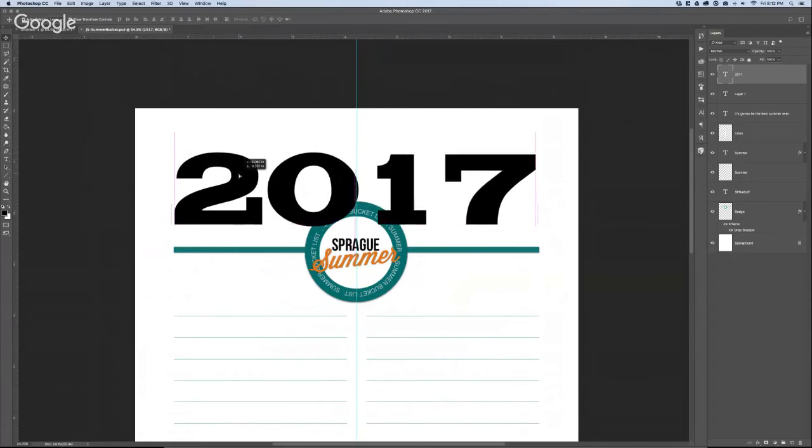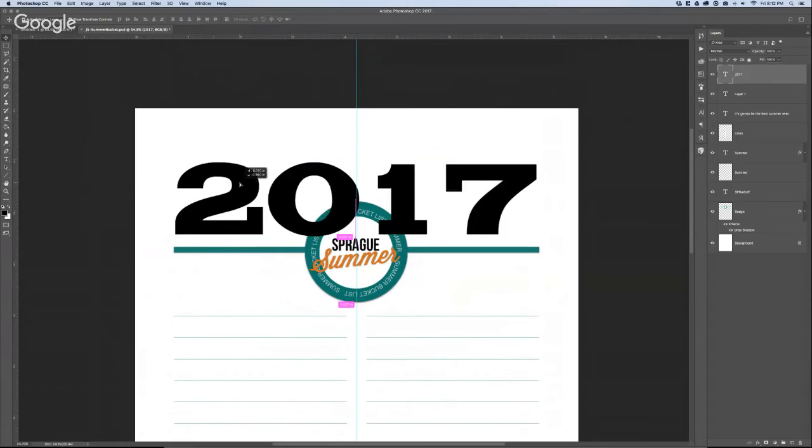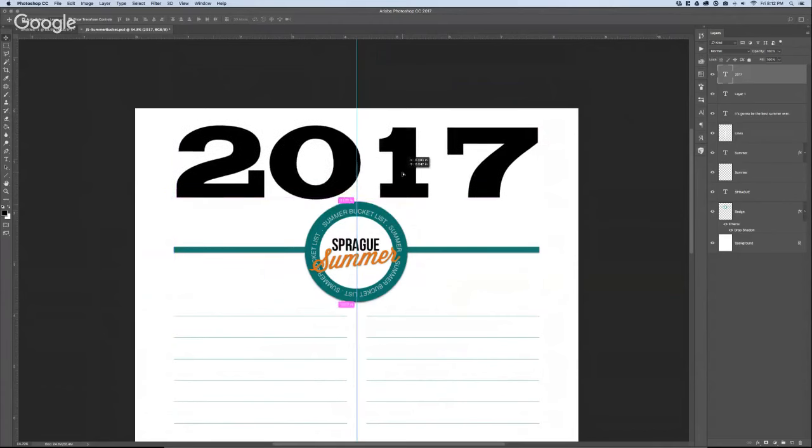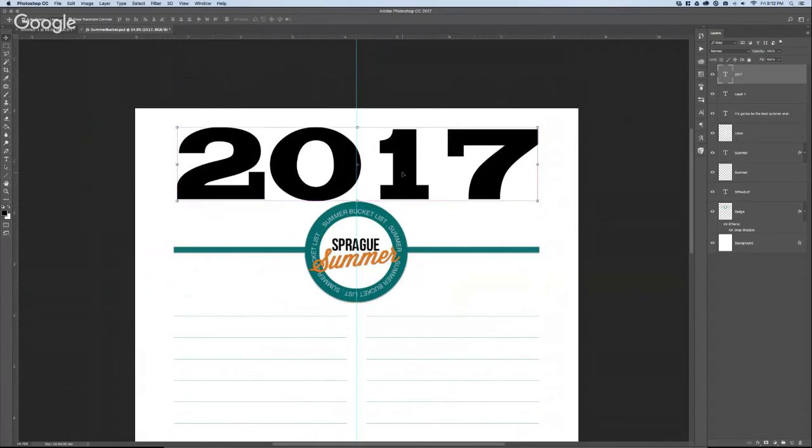So here is what this initial one looks like. Once we put this mask in, then we can move it back down underneath the badge if we wanted to. Acknowledgement is not as tall of a font as Cowboy Rodeo is, but it has the same great big block effect. So let's go ahead and